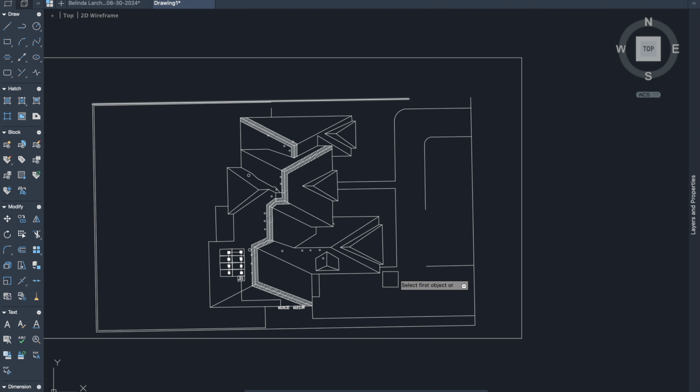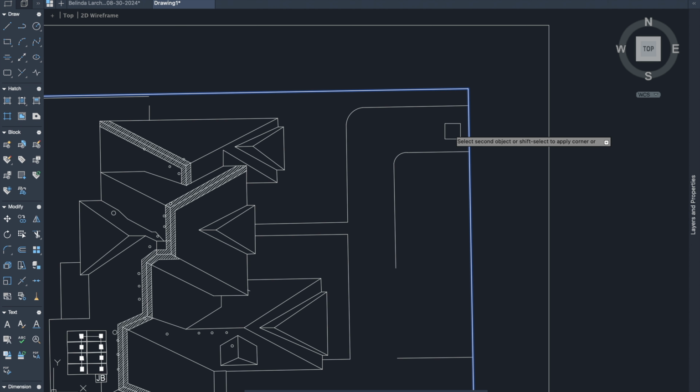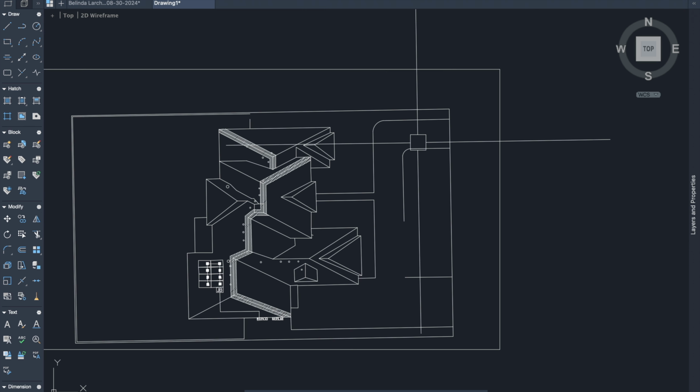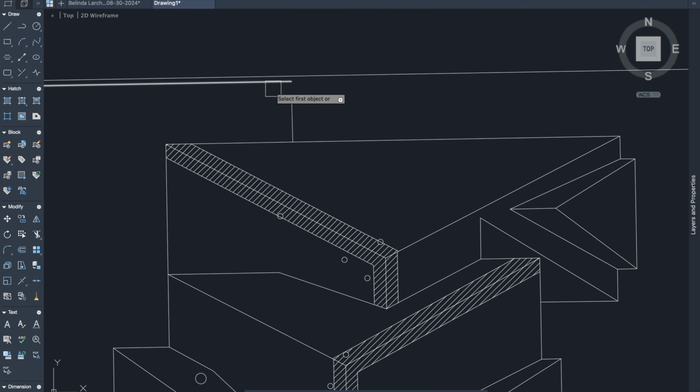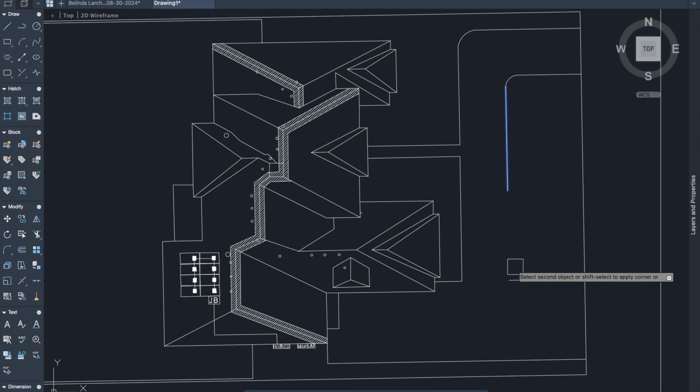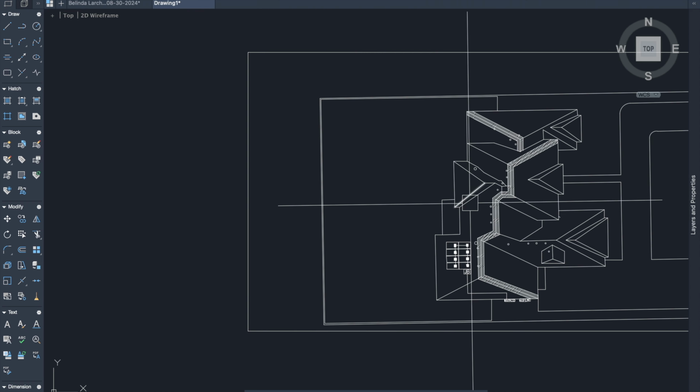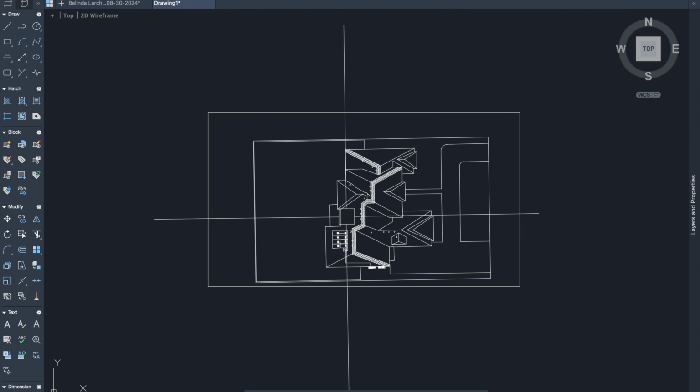As you can see, it is saying fillet, select first object. I'll select this, and here you can see if I'm hovering my mouse over the second point, it automatically joins the line. And if I press Shift over here like this and click here, the line is flat like this. And if I want to fillet this, this is the way I can use the fillet command in AutoCAD